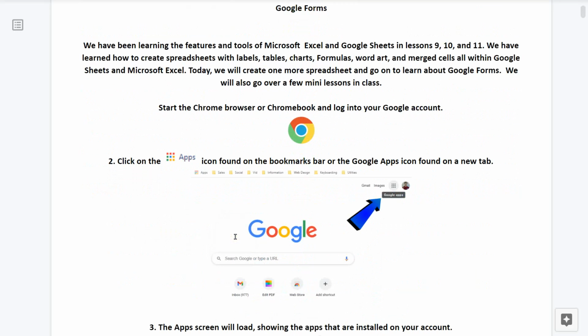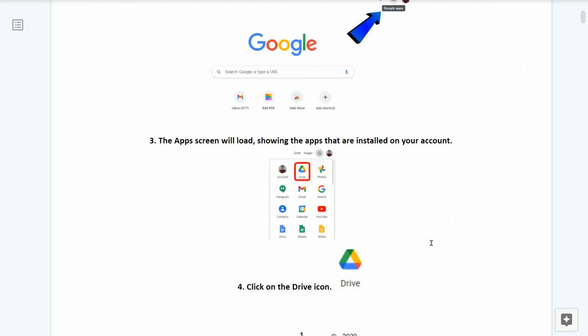So what we're going to do for the practice lesson here is we're going to start our Chrome browser or open up our Chromebook and log into our Google account. Number 2, click on the apps icon found on the bookmarks bar or on the Google Apps icon found on a new tab as seen here. Number 3, the app screen will load showing the apps that are installed on your account.